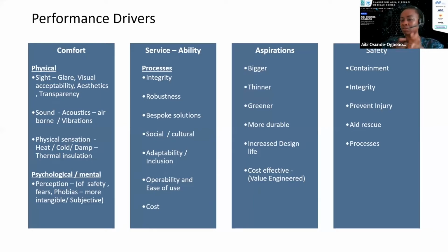And then the last bit here is safety, where the facade needs to be safe, the processes need to be safe. It needs to provide the containment as it should. So for example, for walls or balustrade, the integrity needs to be there, but sometimes in terms of failure and in terms of just day-to-day serviceability. It needs to prevent injury. So if it should break or it should fail, it really needs to be designed in a way that will prevent injury and also aid rescue. So the facade shouldn't necessarily contribute overly to complicating a rescue aiding scenario. And obviously the processes of not just manufacturing, but also construction and it being in use, replacement and things like that. So all of these will factor into different ways in which the facade